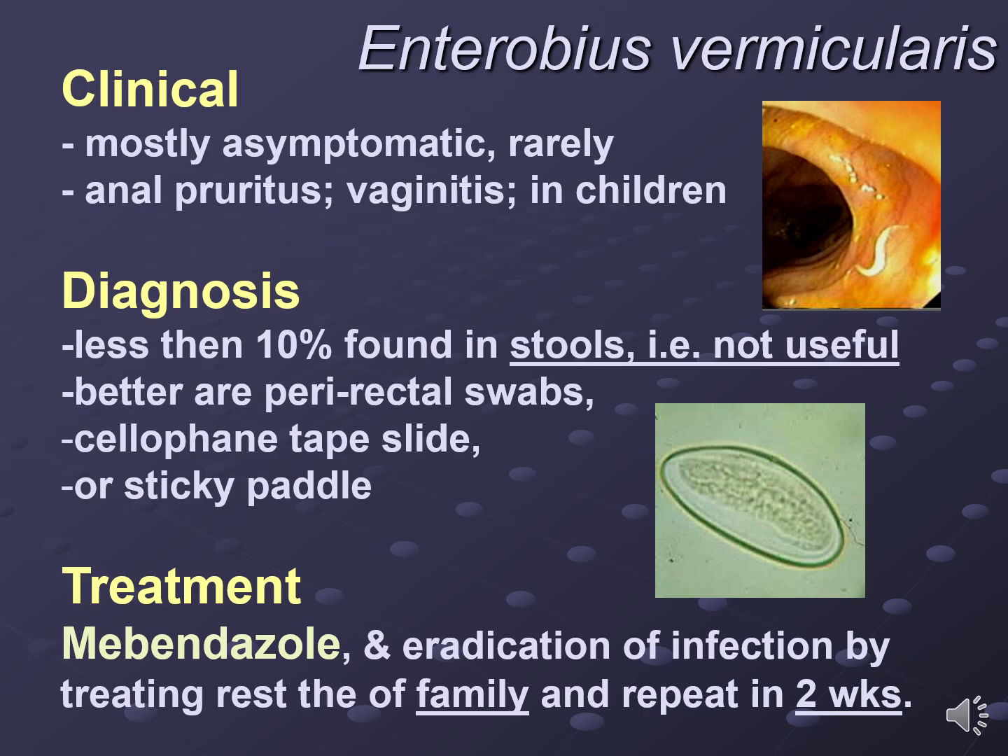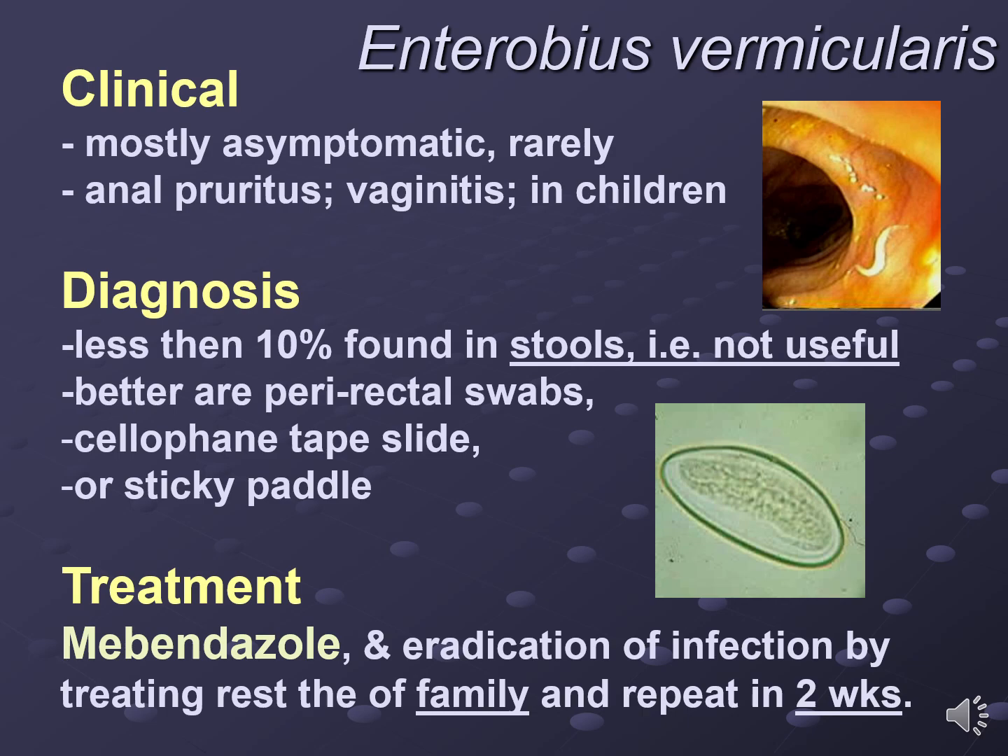Diagnosis. Less than 10% of those eggs are found in the stools. That is, the stool examination is not useful or may not be useful. A better test would be to look for the eggs in the perirectal area. Why is this so? Because usually the adult worms go out from the colon to the perianal area, perirectal area, and there they deposit the eggs and they disintegrate or die. So the eggs are in the perianal area, and this process probably contributes to the irritation and itching of the